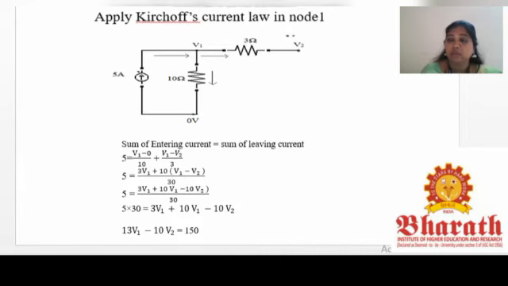Now I am going to write the sum of leaving currents. So equal to the current across this 10 ohm resistance will be, I is equal to V divided by R formula, Ohm's law. I am going to apply just Ohm's law here. By using Ohm's law I am going to write the current equation in terms of voltage. During the steps I said that we have to write the current equation in terms of voltage.